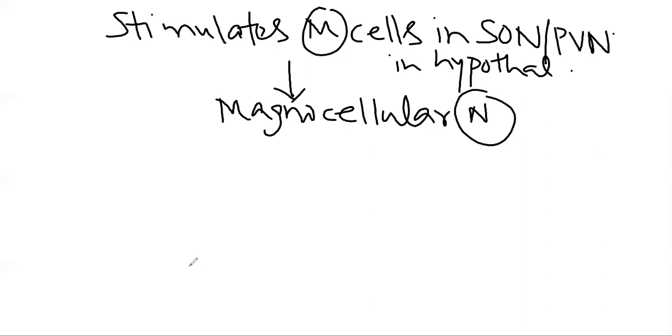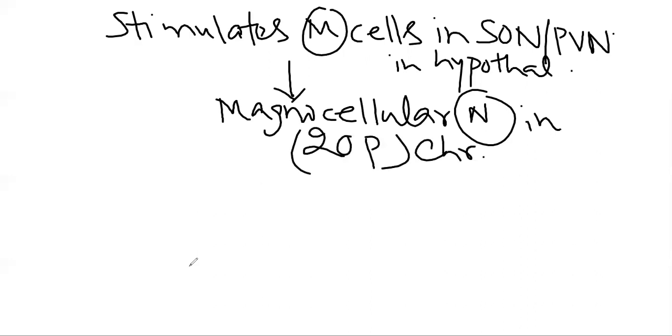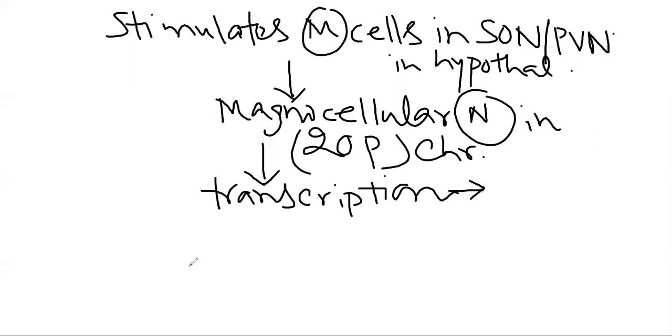Now, this magnocellular neuron will do what? They are actually present in the short arm of chromosome 20. So these are present in the 20p chromosome. These magnocellular neurons are basically present in the 20p chromosome. What are they first doing? Transcription. So transcription, as we know, is the central dogma process of protein synthesis. Transcription, then they will produce mRNA, and from there